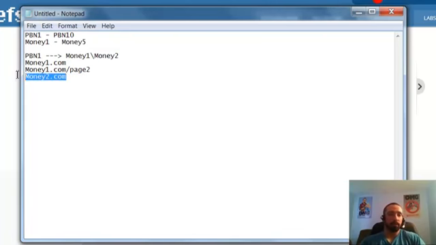If I have three gold sites, well, I want to link to money1.com, I can link to money2.com, page 1 maybe, and then maybe I also want to link to a third money site, page 10, whatever site, whatever URL you're linking to, it doesn't matter. But you can link to three different properties in the same one.